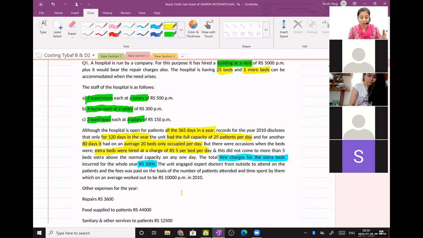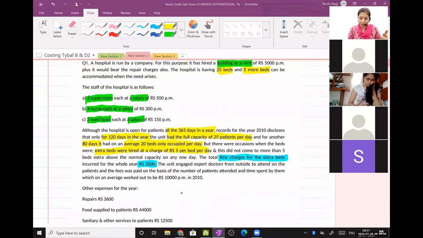Expert doctors were called from outside. They are not the hospital doctors. Yeah, expert doctors. Okay, Pratik, Madhu, Shubham, Aniksha, Nikita. Yeah, very good. It's a variable cost. Now my question to you is, since he is a doctor who has come from outside, and he